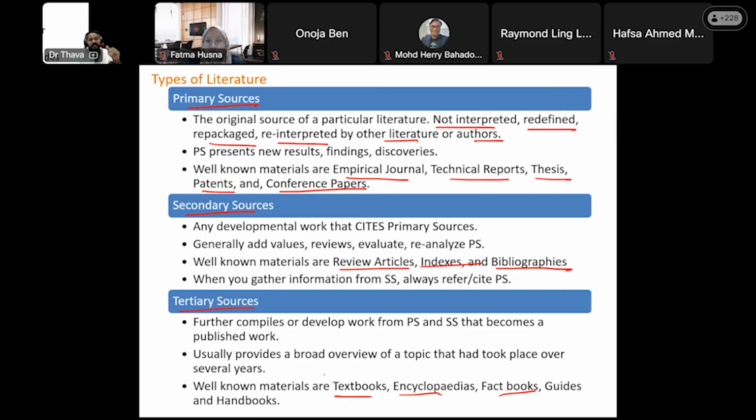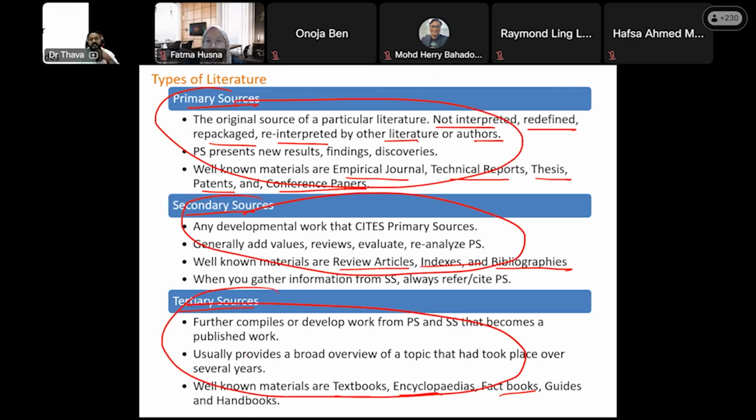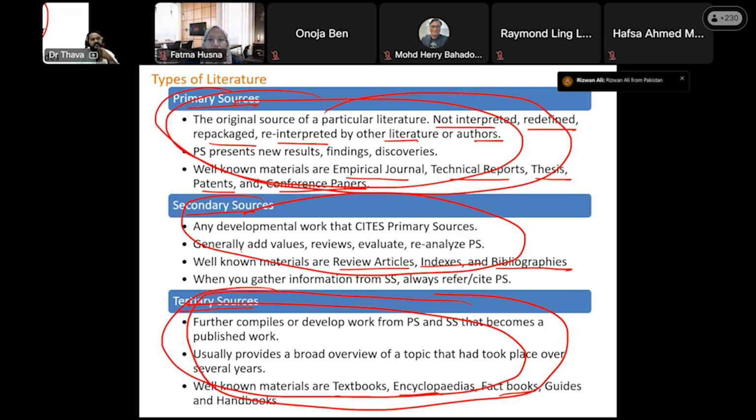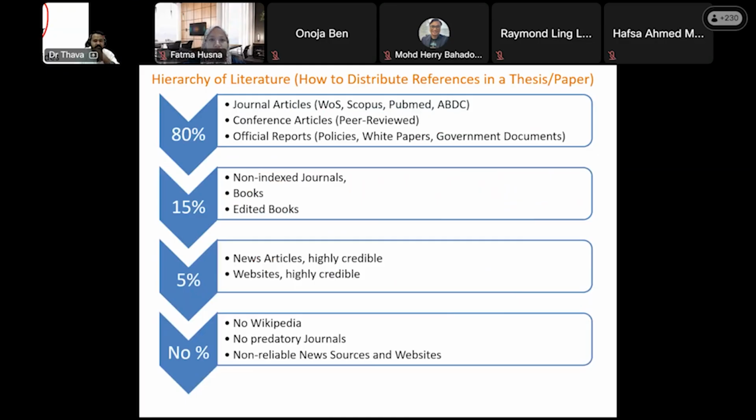So these are, I would say, the funnel of literature. You must have most of this, slightly less of this, and very, very little of this in your reference list. But with AI's emergence, now I see more of this and very little of this, which is quite bad. So coming back to this,